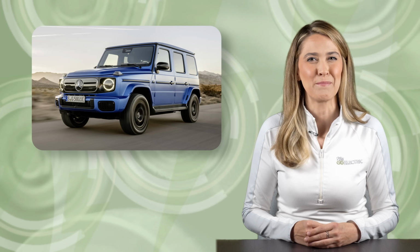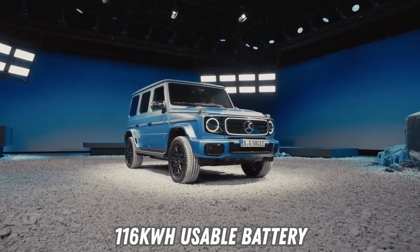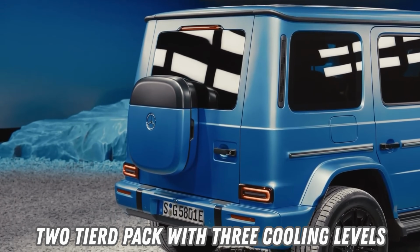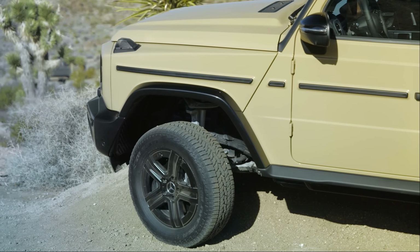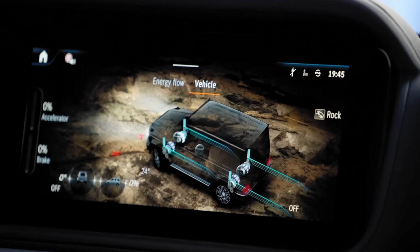Mercedes has doled out the specifications and capabilities of the new G580 with EQ technology, or the electric G-Class. It will have a 116 kilowatt-hour usable 2-tiered lithium-ion battery with 216 cells installed in 12 cell modules between 3 cooling levels. 4 individually controlled electric motors located near the wheels are integrated into its ladder frame. Each axle is fitted with 2 electric motors, 2 transmissions, and a double inverter in a shared housing, and allows